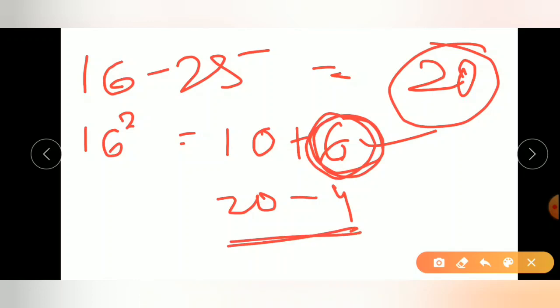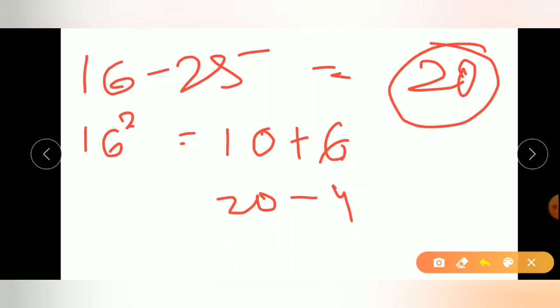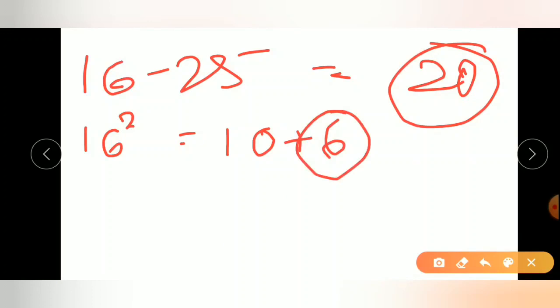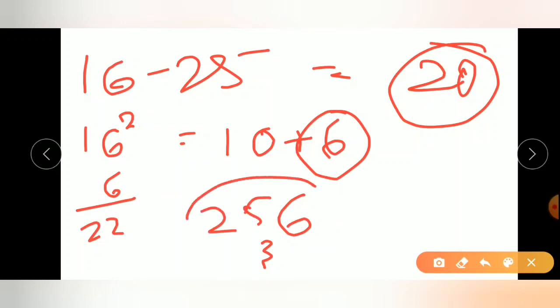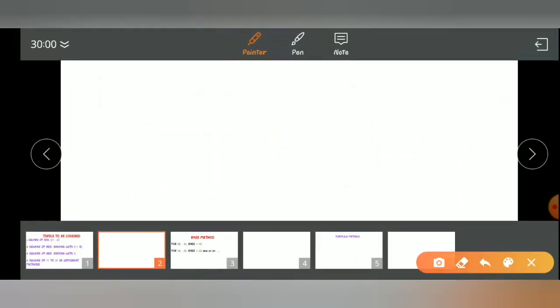But here, on 1 to 5. So let's start from 10 plus 6. Here it is more than 6. So we have to write down the square of 6 as 36, 6 and carry over 3. The given number is more than 10. So we have to add 6. It becomes 22. 22 plus 3, 25. Our answer is 256. Let's start the other method by taking base as 20.